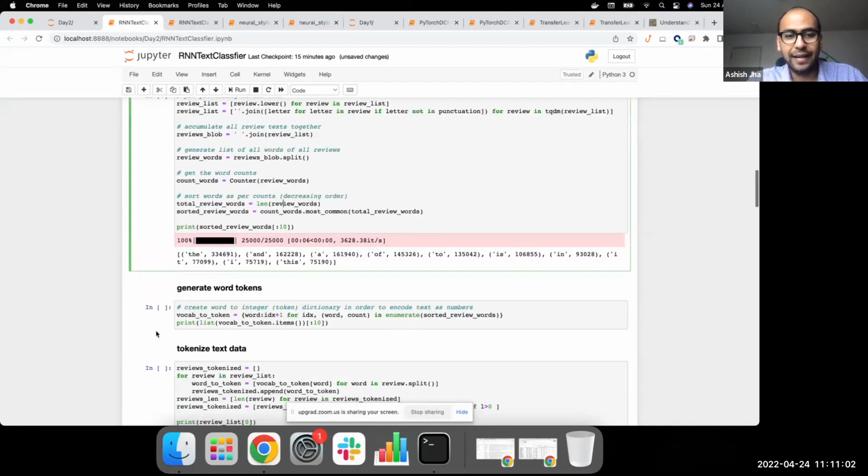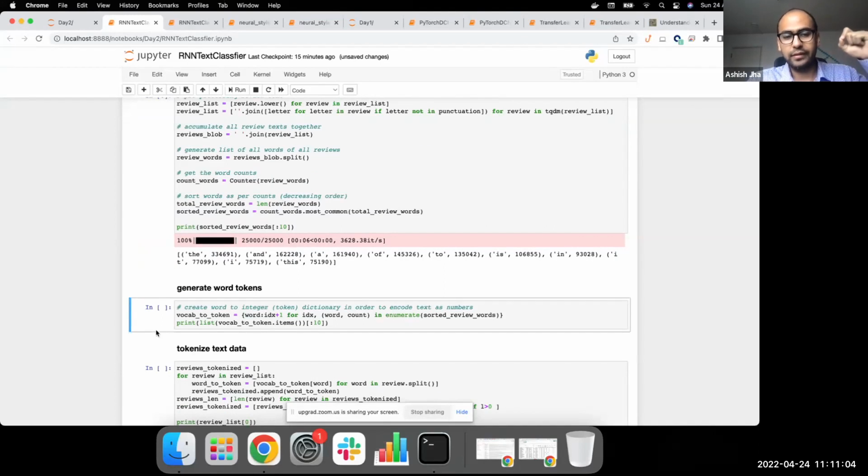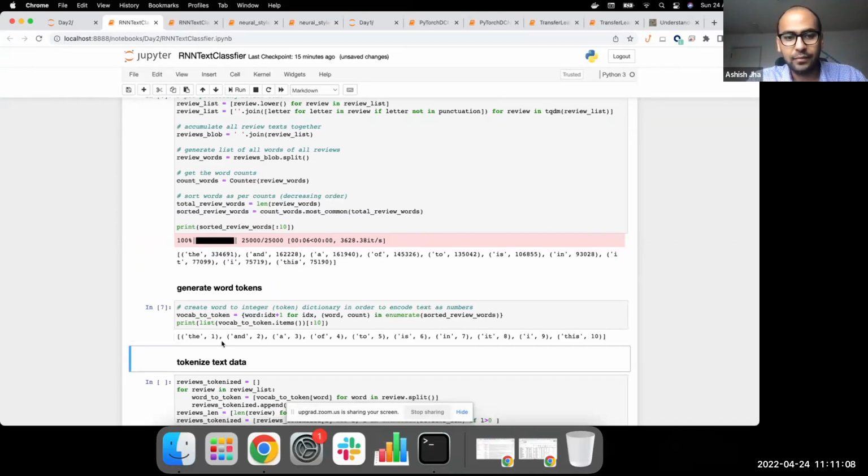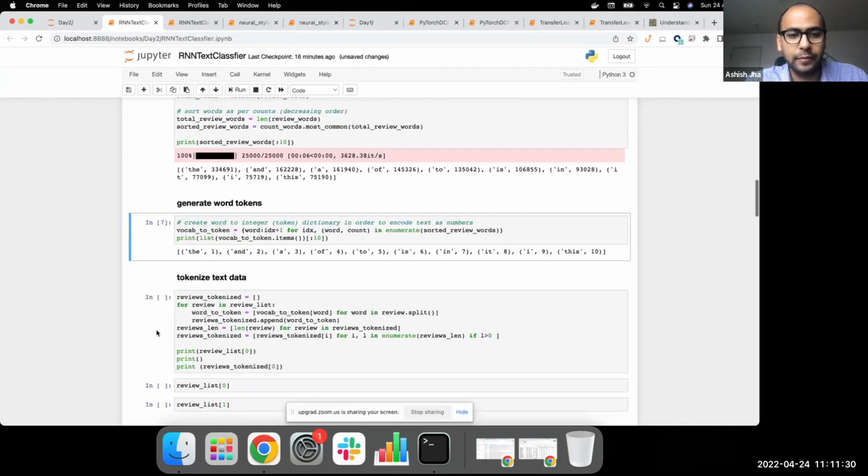And then the next step, which is to convert these words into tokens, is basically to assign them their index based on the popularity. So the is the most popular word, so we assign the index 1, and gets 2, a gets 3, and so on. The entire list of words gets their equivalent index. So now we have found a way to convert words into numbers. Okay, so that's step number 1.